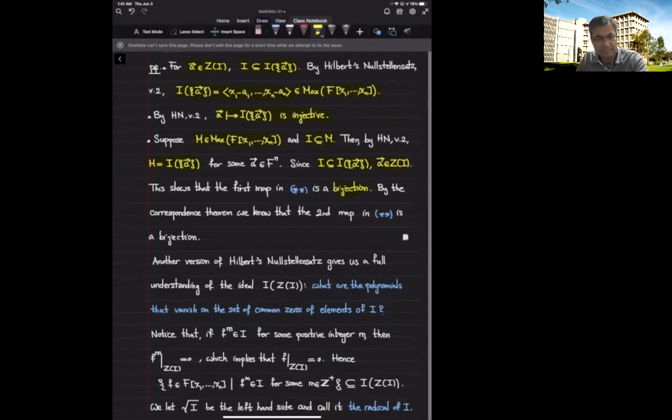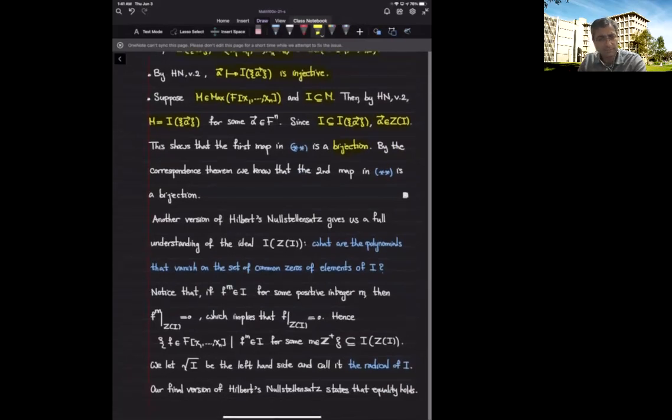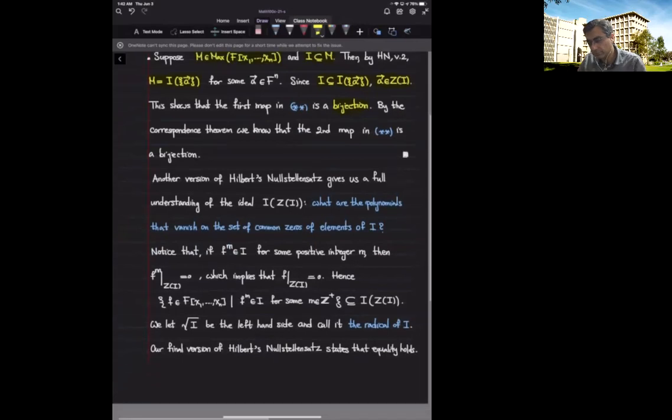The second part, as I mentioned earlier, is an immediate corollary of the correspondence theorem between ideals of a quotient ring and ideals of the larger, the mother ring, that contain the given ideal I. So again, ideals of A over I are of the form J over I, where J contains I. Okay, so now